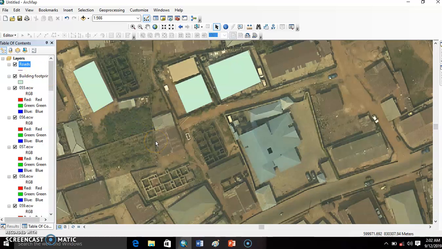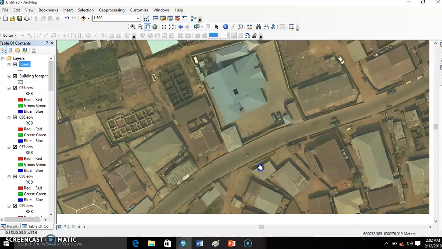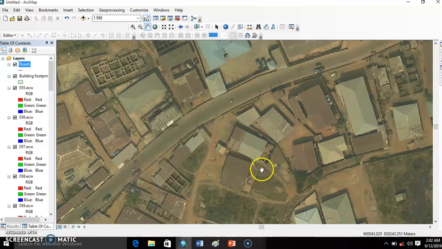There are two models you can use when you want to digitize your road layer. You can digitize the center line, or you can digitize the edges of the road. The center line is a model that you can use to have a common generalized data set for the road layer. But in our case now, we are going to digitize the edge of the road because the roads are not of the same height, and then we want to do the design.